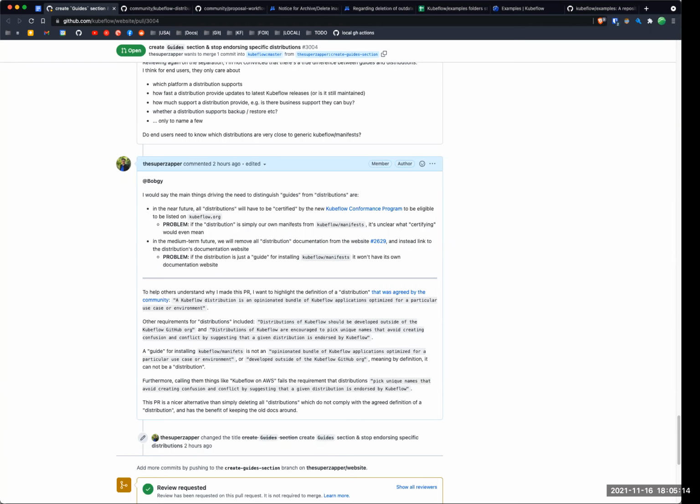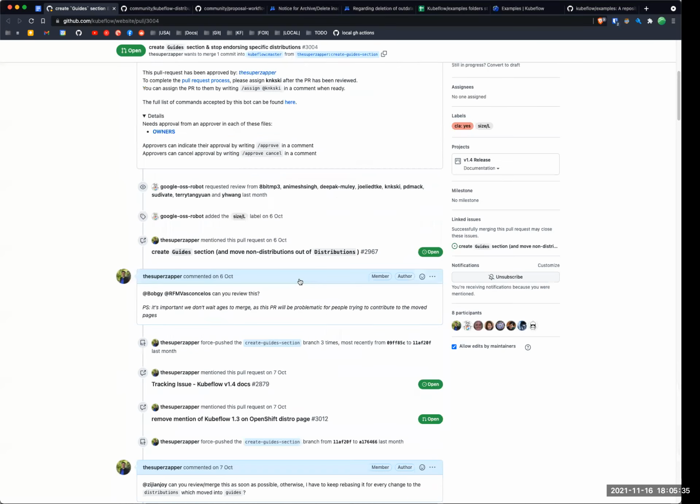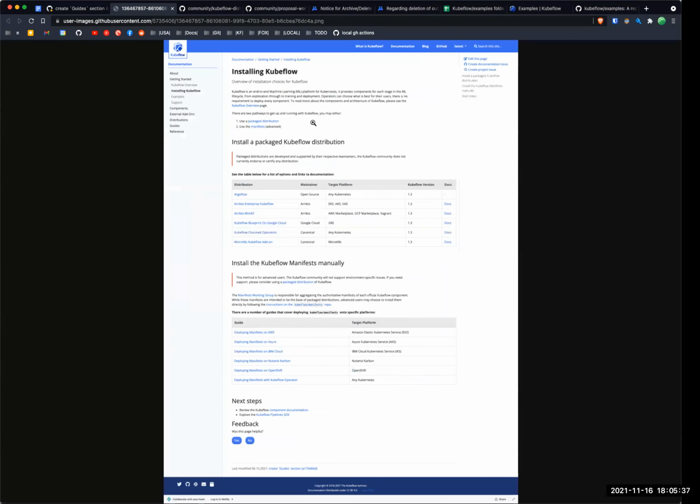Okay, so Matthew, if I may speak, I like the idea what Animus is proposing. Let's have a central page that only says Kubeflow deployment methods, and you can put your Knative at the top, and you can have Kubeflow deployment at AWS, Kubeflow deployment at IBM, and so many other companies. And I don't think that creates a confusion. That's pretty solid. If I'm going to AWS, I'll pick the AWS deployment part, and that will take me to the AWS GitHub page. That's fine. Now they should manage that, and that is exactly what is happening in this PR. I don't know what the confusion is here.